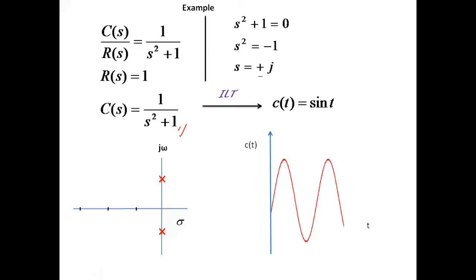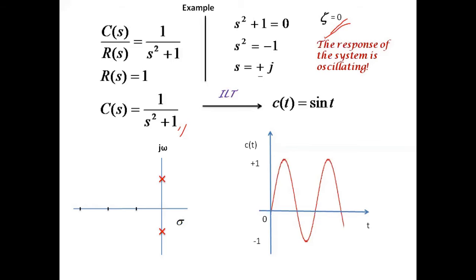So if you plot the response, it is nothing but a sinusoidal waveform, which is ranging from minus 1 to plus 1. So now the response of the system is oscillatory. It's oscillatory in nature, and you can relate this condition with zeta equal to 0, which we have derived for the characteristic equation for the second order system. By calculating, we have obtained the roots on the imaginary axis, and you can relate with those concepts.